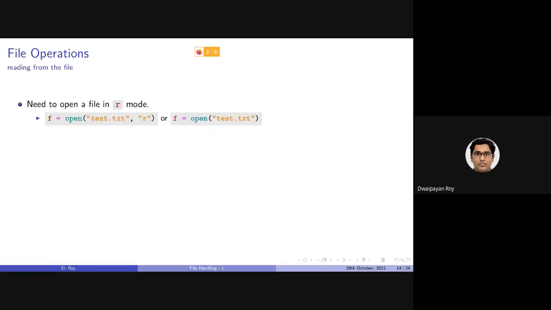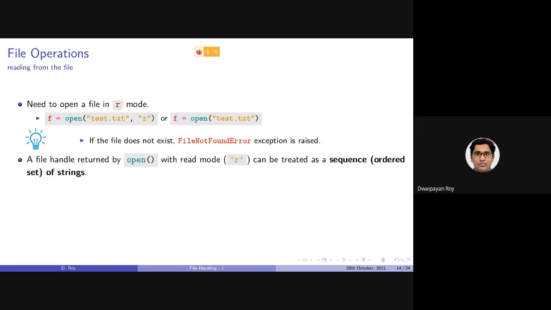The next operation is reading from an existing file. Note that to read from a file, the file should exist. Otherwise, it would raise an exception, that is file not found exception or file not found error. As I said, to read the file, we should use the r mode.